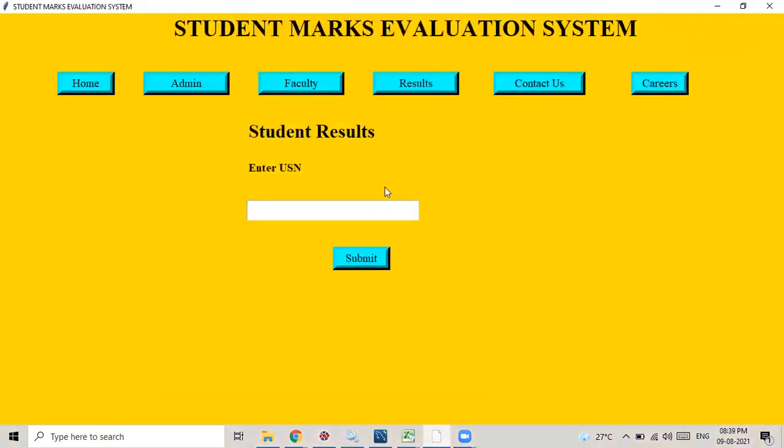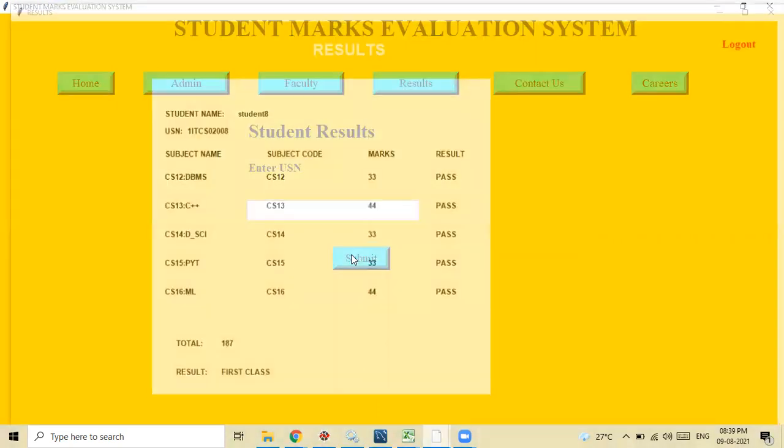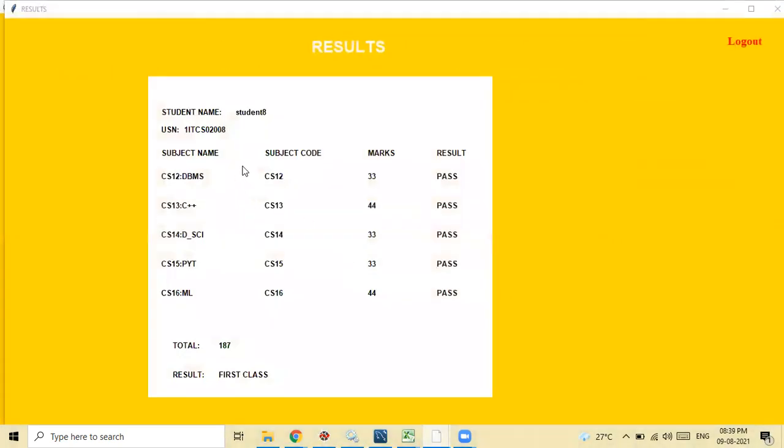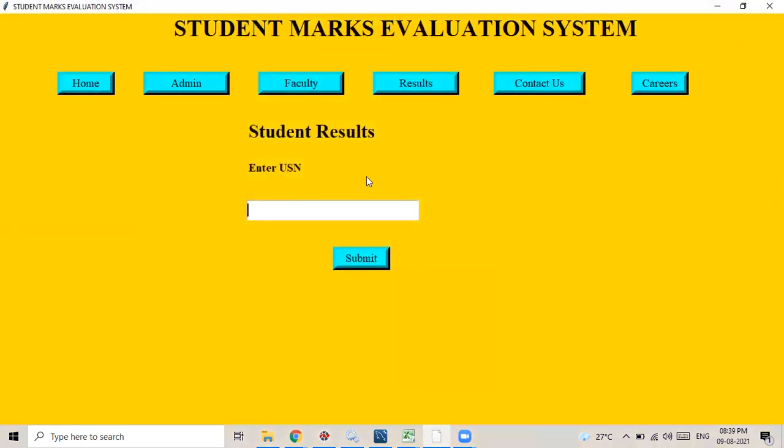In the same way, we can check the result of all the students. Suppose I want to check the result of roll number 8. This is the result of student 8. He got first class. These are the marks the teacher has given for that student. Next, we can check number 20.